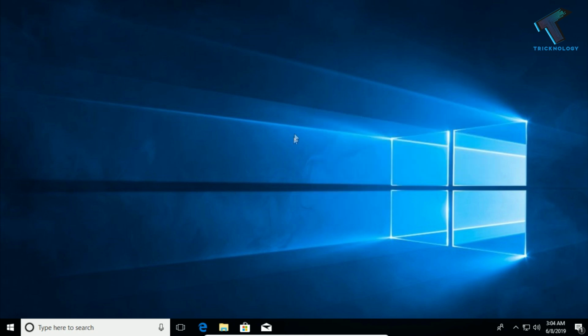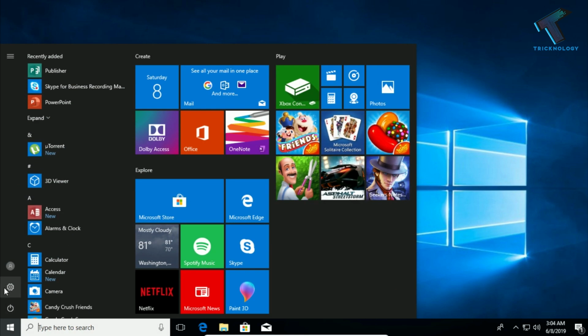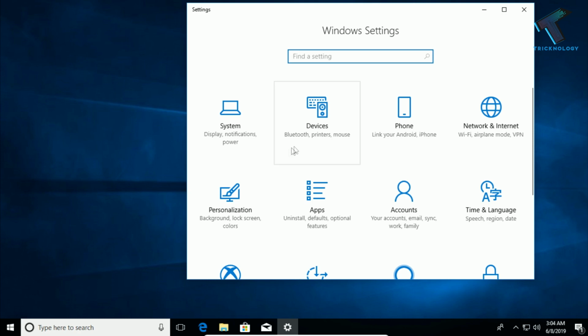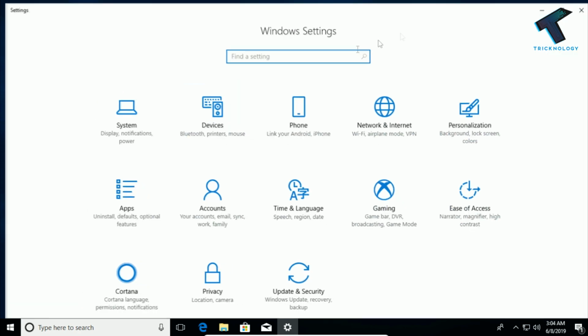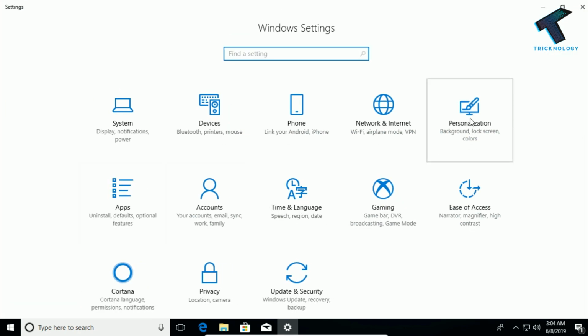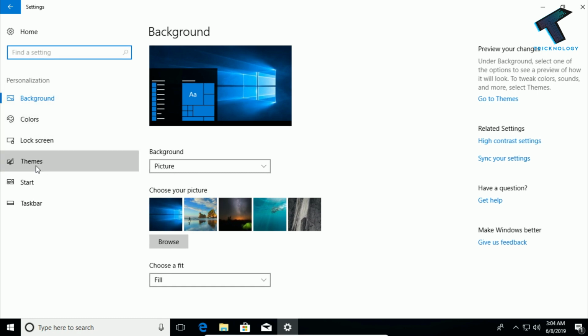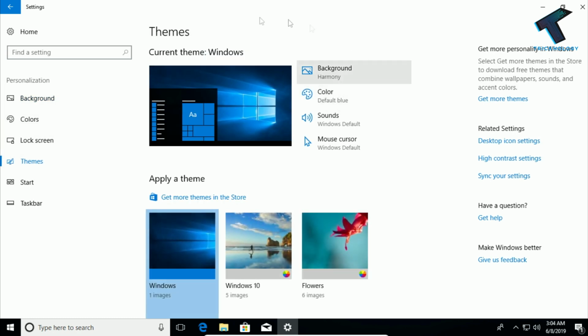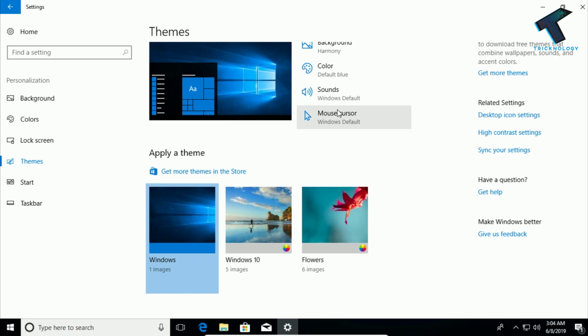If it is still not showing, then just go to your Start menu and click on this Settings button, and now you have to go to Personalization. Okay, so here it is, and now you have to click on Themes, and on the right side panel you will get a themes option. So you have to scroll down,